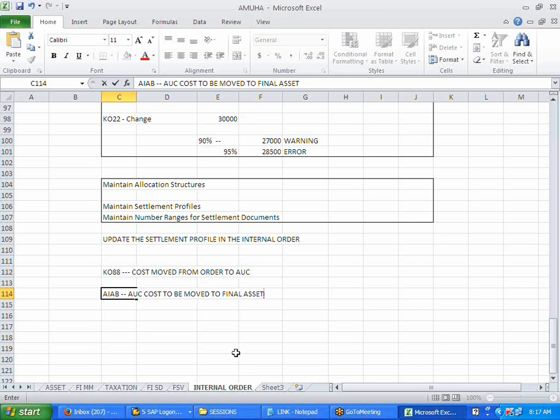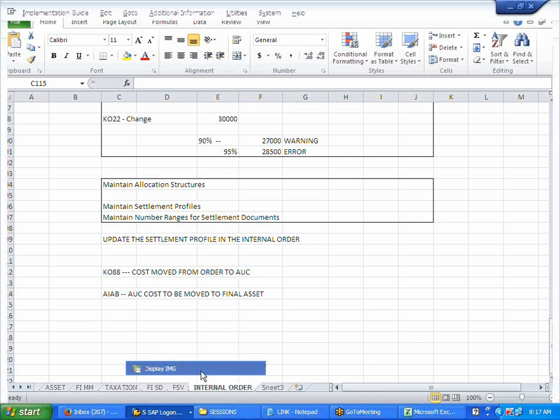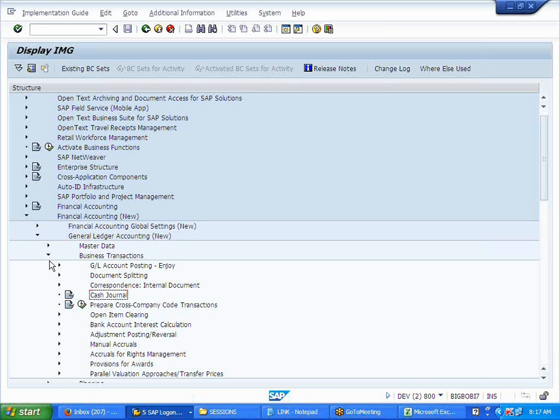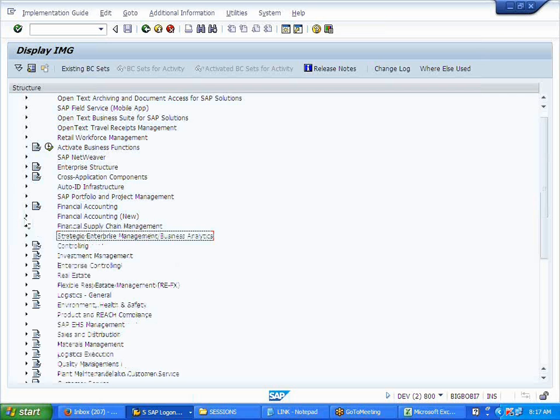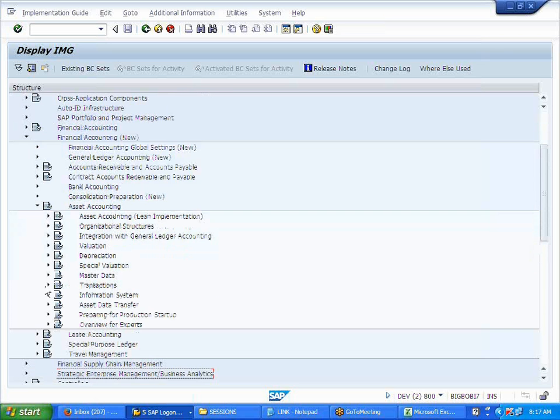This one. So again, I need to define one more settlement profile with respect to asset accounting. Let me check this. I'll go back to financial accounting, asset accounting, and the transaction.